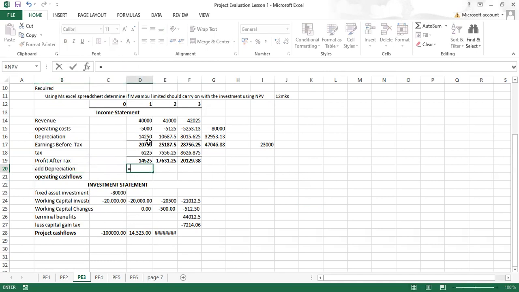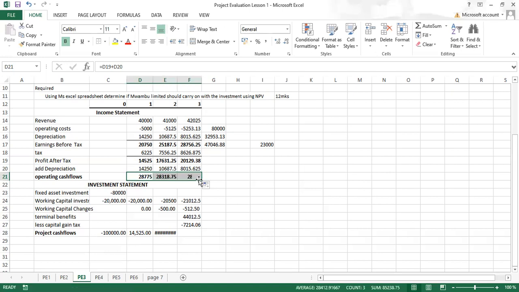equals. Where is the depreciation here? Control 14. Enter. Yeah. Then now our operating cash flows. This one. Shift plus the depreciation added back. Control Bold Alt HB2. That way. So we come to here